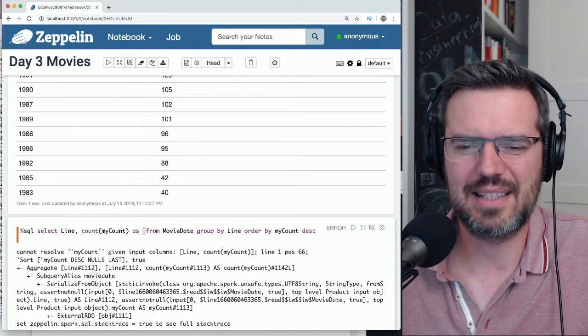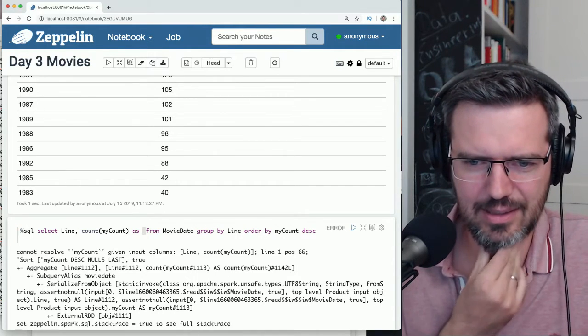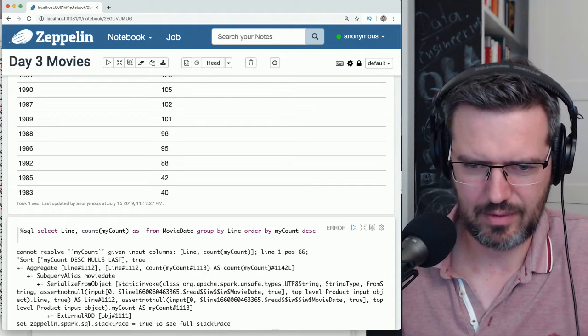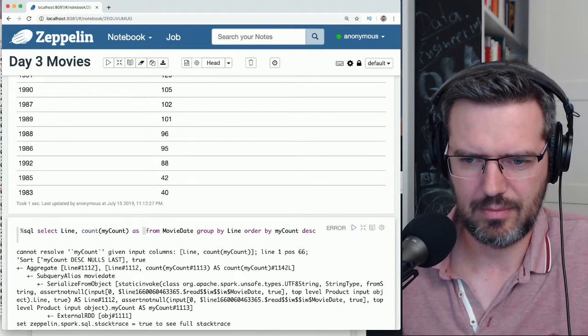Oh, my naming skills. How do we name the count as my count?